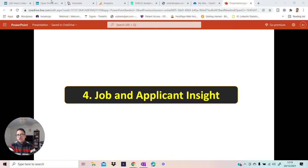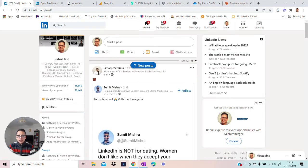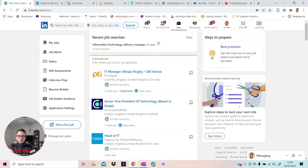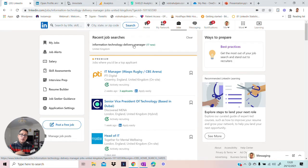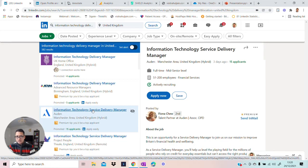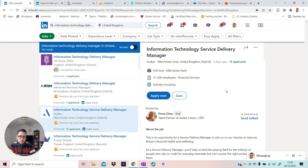Right. So let me show it to you live on my LinkedIn profile. If I go onto the job section here on top, you can see here recent job searches, information technology delivery manager. So for example, I'm looking out for IT delivery manager roles. So it shows me all the jobs in here. If I click on this one, for example, let's pick any example from here. So if I come down,